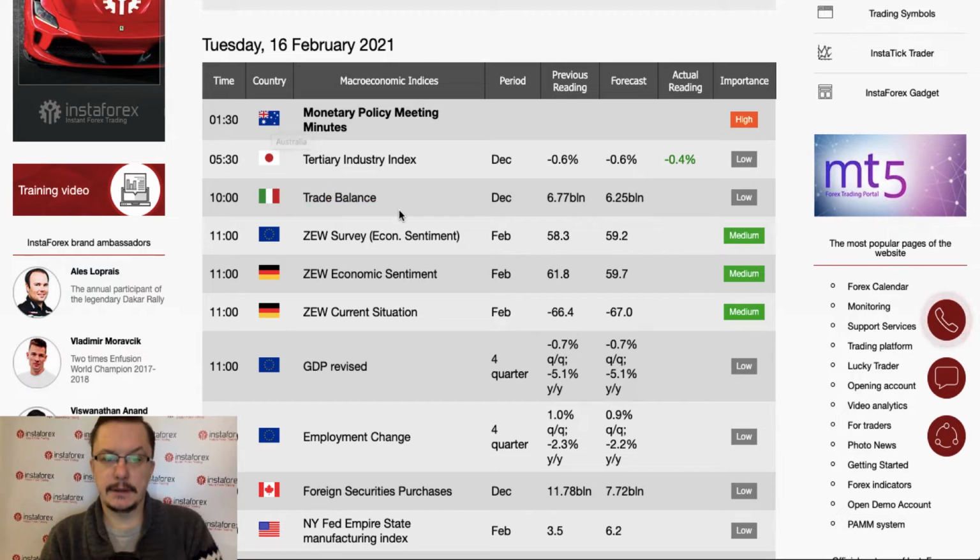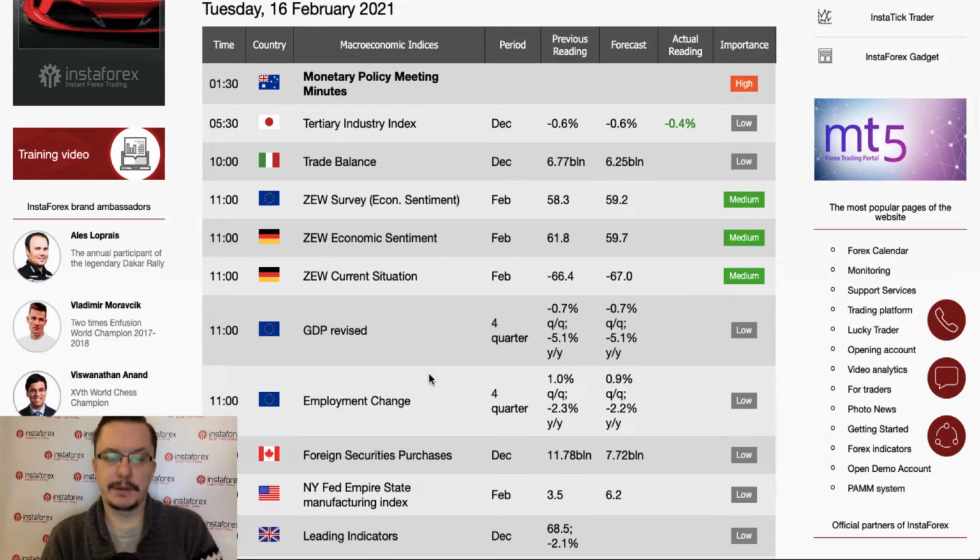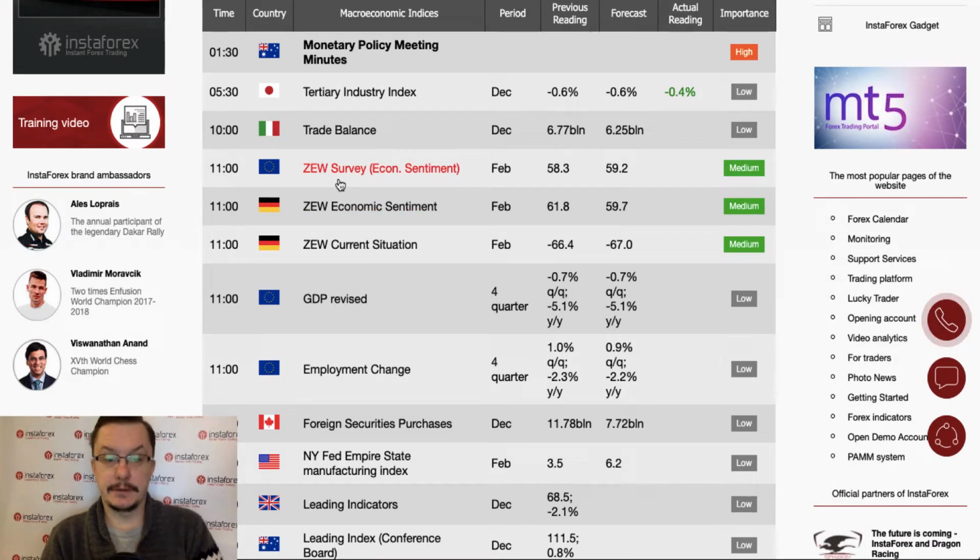And during the London session, we got the ZEW survey. As you can see, we got the survey from the whole Eurozone. We got the survey from Germany. We got data from the Eurozone in form of the GDP and the employment trend. Bunch of data from the Eurozone and Germany, 11 o'clock, worth keeping an eye on. And that's everything during the